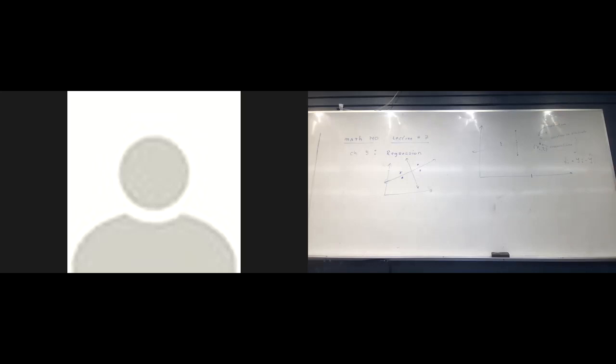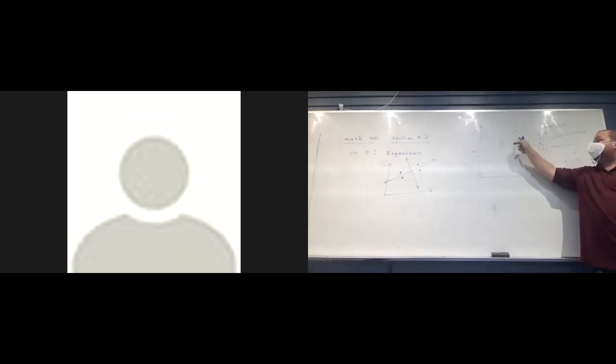Are all deviations positive? Are all deviations negative? Are some positive, some negative? Sorry? Based upon what consideration? How do you know by looking if the deviation is positive or negative? Based off the strength of it? Not the strength, that's the size of it. Yeah, if it's above or below. If it's below the line, then the actual y value is smaller than the predicted y value. You have a negative deviation. If it's above the line, then the actual value is greater than the predicted value, and you have a positive